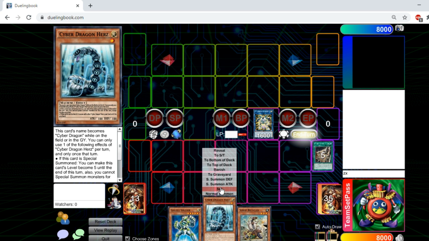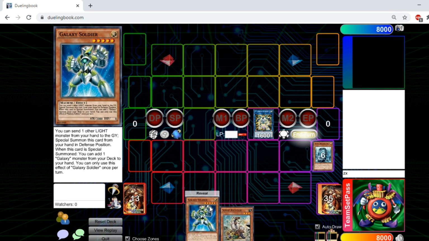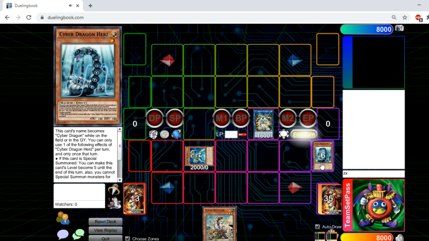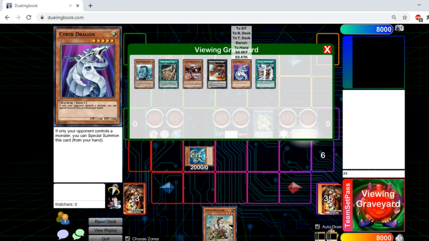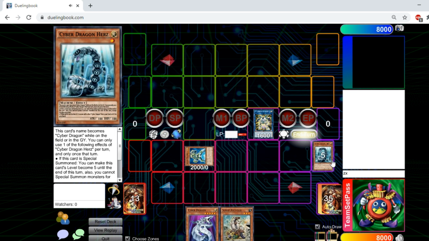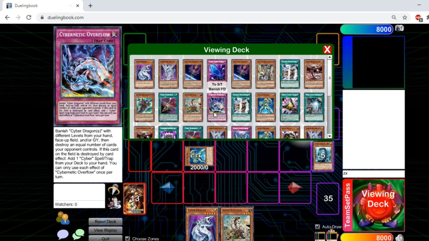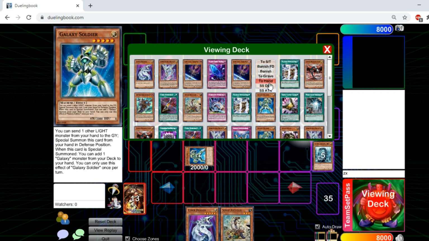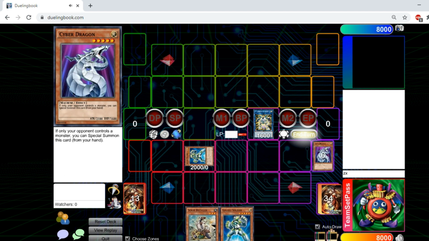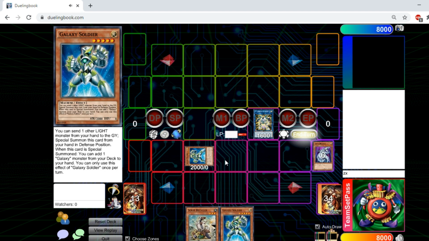Now you can discard your Cyber Dragon Hertz to special summon your Galaxy Soldier, Chainlink 1, Chainlink 2, Hertz. Hertz is actually going to grab the Cyber Dragon out of your graveyard, however, because once again we want to leave 2 in our deck for the other machine dupes if it comes up. And there we go, grab our Galaxy Soldier. Cyber Dragon to the graveyard to special summon our Galaxy Soldier,